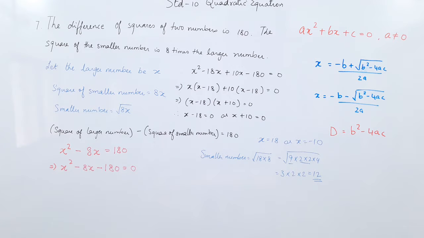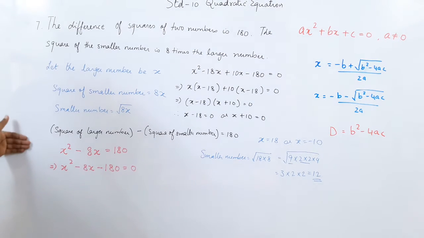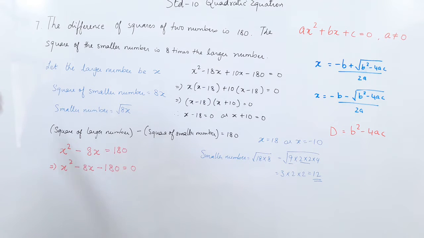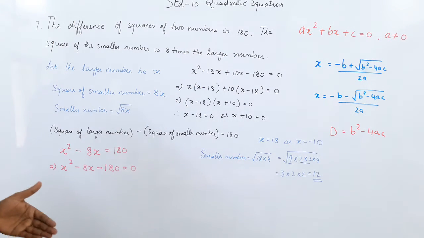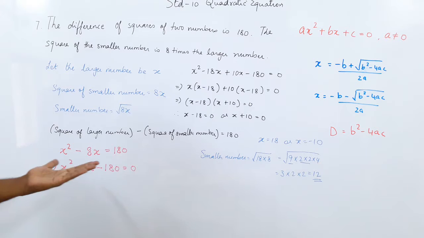So this is the second sum done. And again I am telling you, what is very important here is choosing the number. That is why I told you to pause the video and try it another way. If you take the smaller number to be x, then you find the relation of the larger number and accordingly you work out. You have to try two or three methods until you come to a simple and easy method. Mathematics is all about trying out things. So you should keep on trying things differently until you come down to a method which is simple for you.